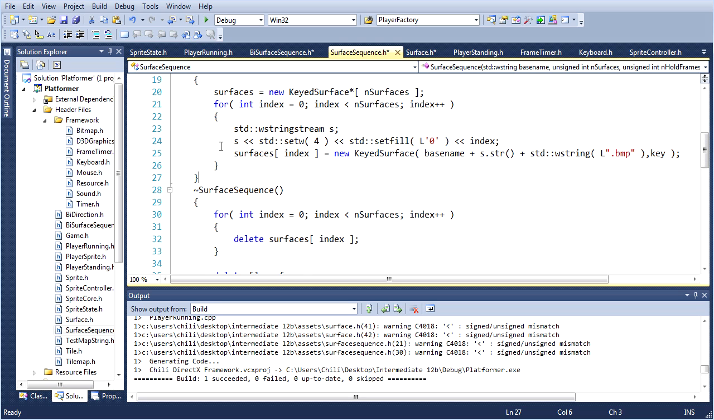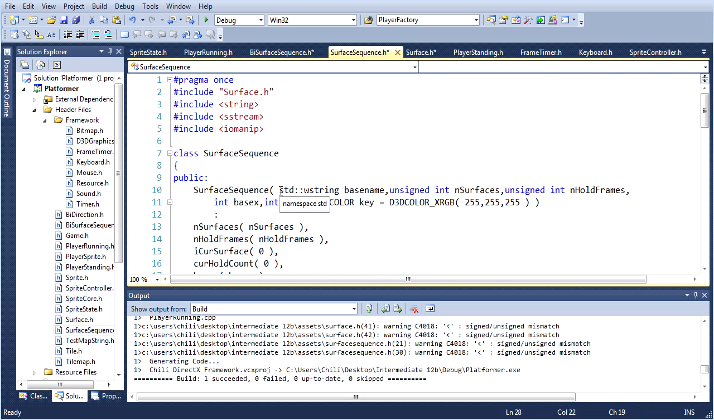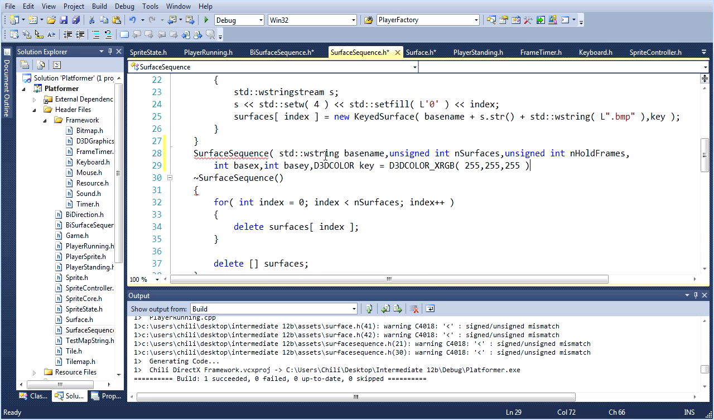We need a new constructor, man. We need a new constructor. Surface sequence. Okay, so mostly it's going to be all this. But we don't need a name. I'm just going to put here